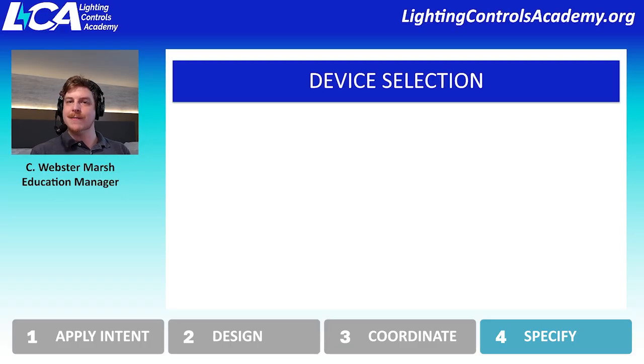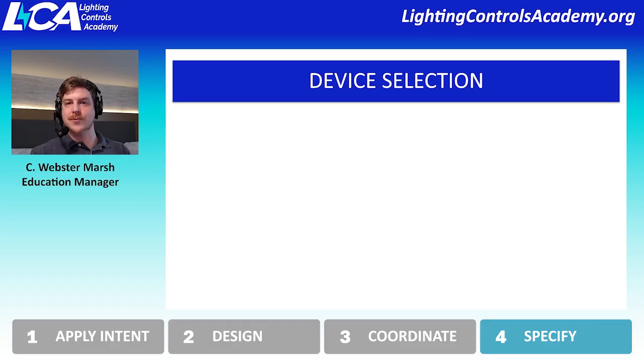Now that you have a clear idea of what fixtures are being used on your project and what your sequence of operations is expecting, now you can really get into device selection. A lot of people will design this in the opposite direction, where they'll start with their devices and then complete their sequence of operations in the luminaire schedule. But the reason we're suggesting you follow this process is because this is the way to really get the functionality that you need out of your system, instead of locking into a manufacturer's device array and then being stuck to